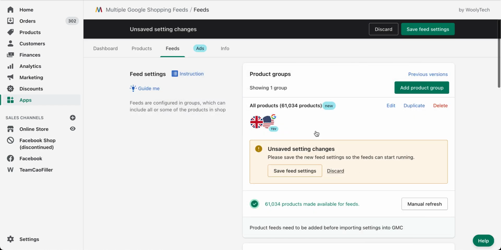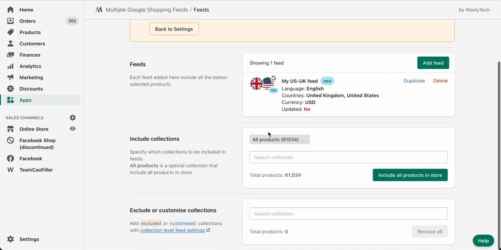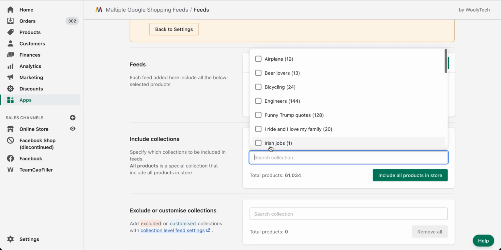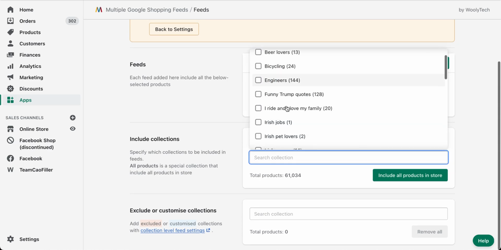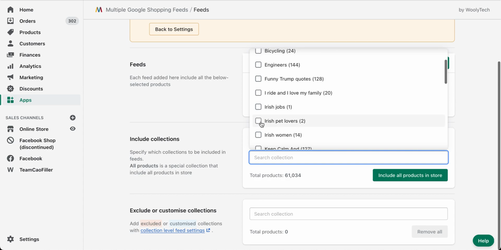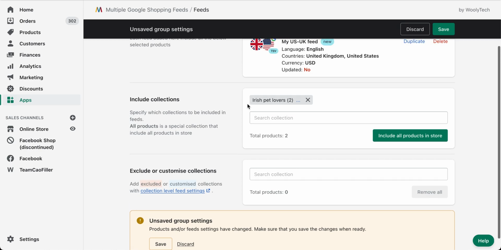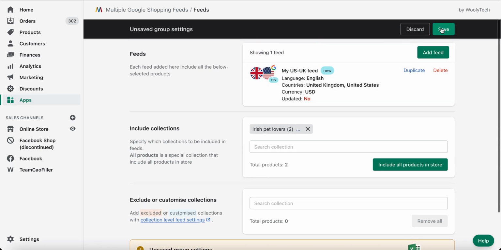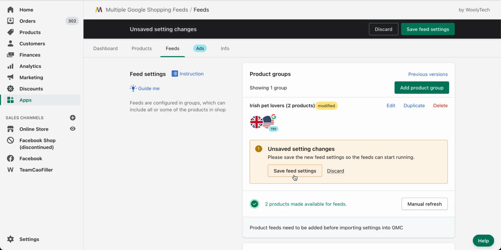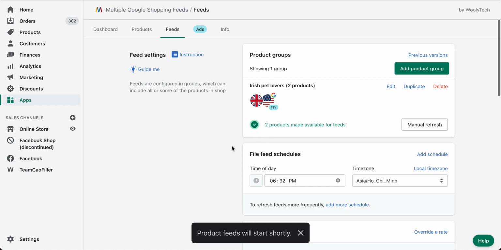I just want to do a test, so I'm gonna go back and include just a small collection with a small number of products. Okay, because the app has a free plan which allows you to include up to 10 products, I should be able to save the feed.